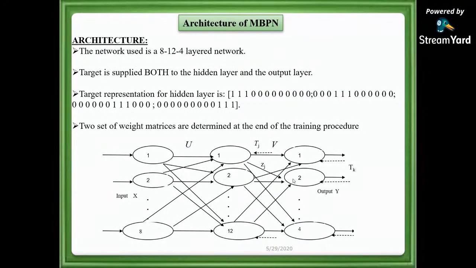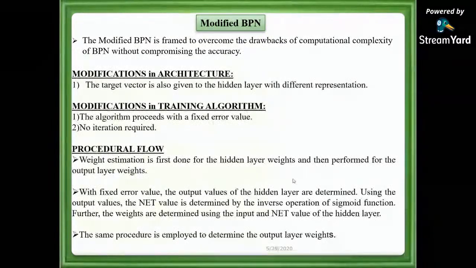Look at the architecture. What modifications? Can you see any difference between this diagram and our BPN diagram? You can see the dotted lines, the target, right? Target is given both in the output layer and in the hidden layer, which is not done conventionally. Conventional BPN has the target only in the output layer. Now I'm going to give it to the hidden layer also. Because I'm going to give it to the hidden layer, I should not call this the hidden layer, but I can call it only the middle layer. This is one change I have made. Next, we'll see what happens.